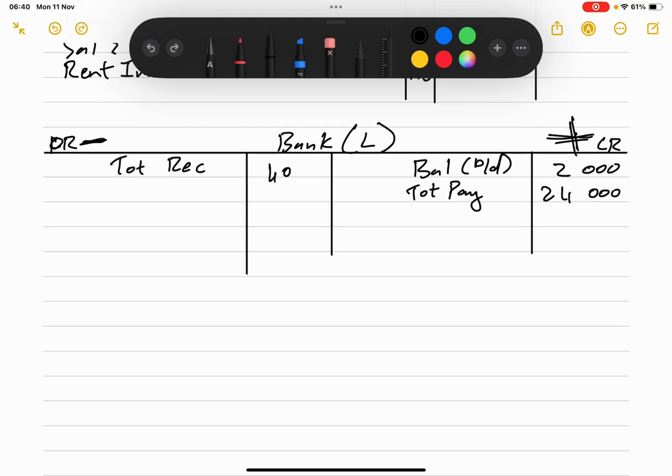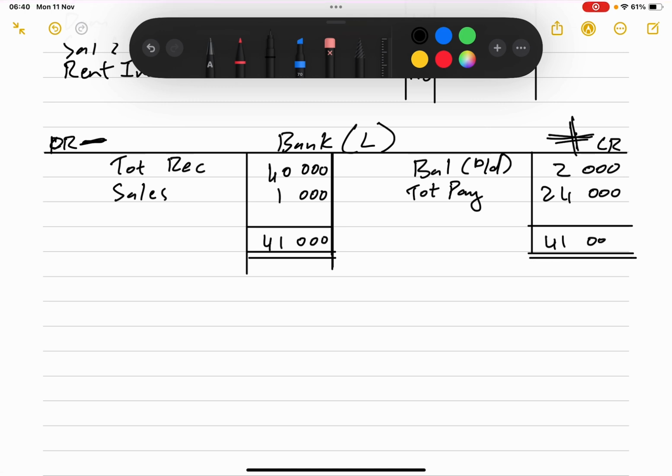And then, again, assuming you didn't record that sale and it's now an adjusting transaction, the sale of 1,000 Rand would also go here, because that would also decrease the amount of money that you owe the bank. Okay, and so now you just balance. But again, balance on the bigger side, but most times it will be this side. So this is 41,000. You take it over to the side, 41,000, and you have a balance carry down